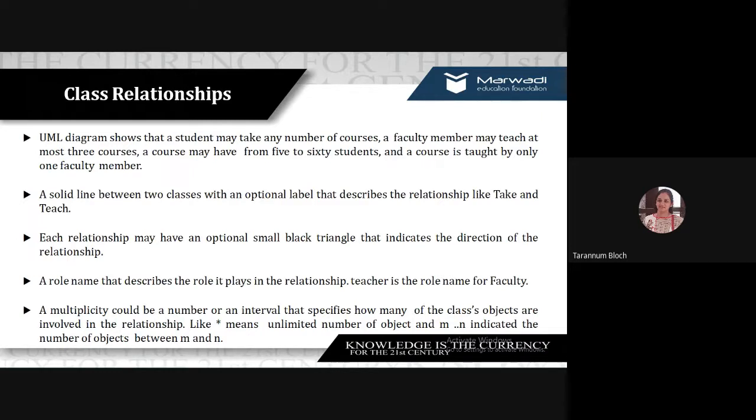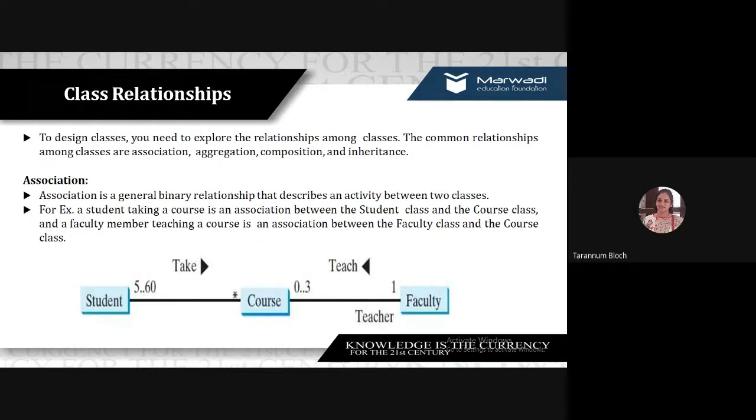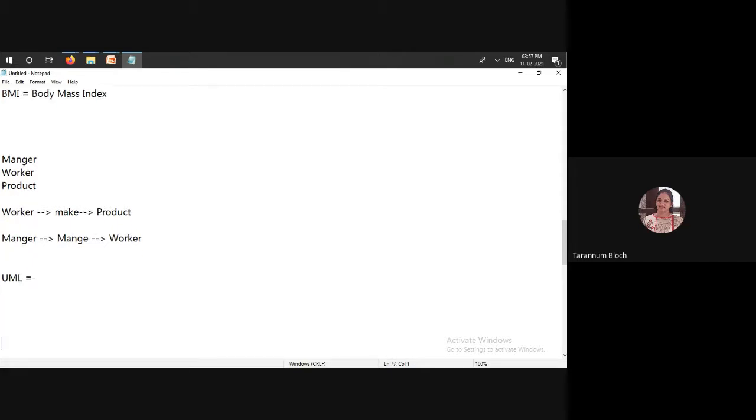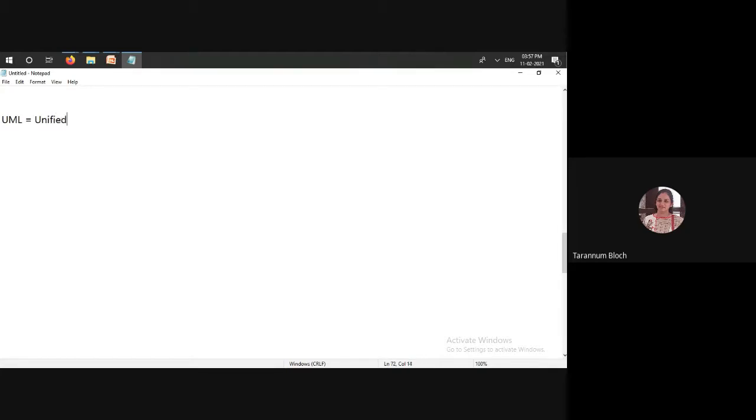The diagram which we have seen right now is called the UML diagram, which is a standard tool to have object-oriented thinking. UML, Unified Modeling Language. Unified, universal, for everyone it is the same. Modeling, to prepare a model. Though it's not a programming language, it is a language for drawing diagrams. And it is unified. All over the world, we have the same notations.